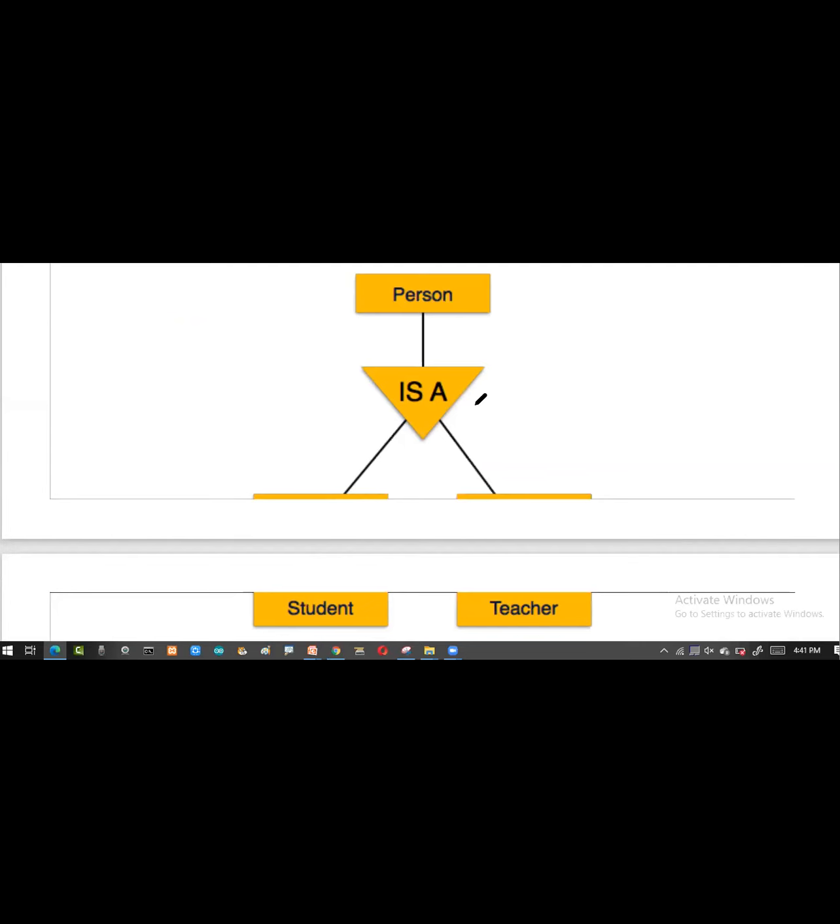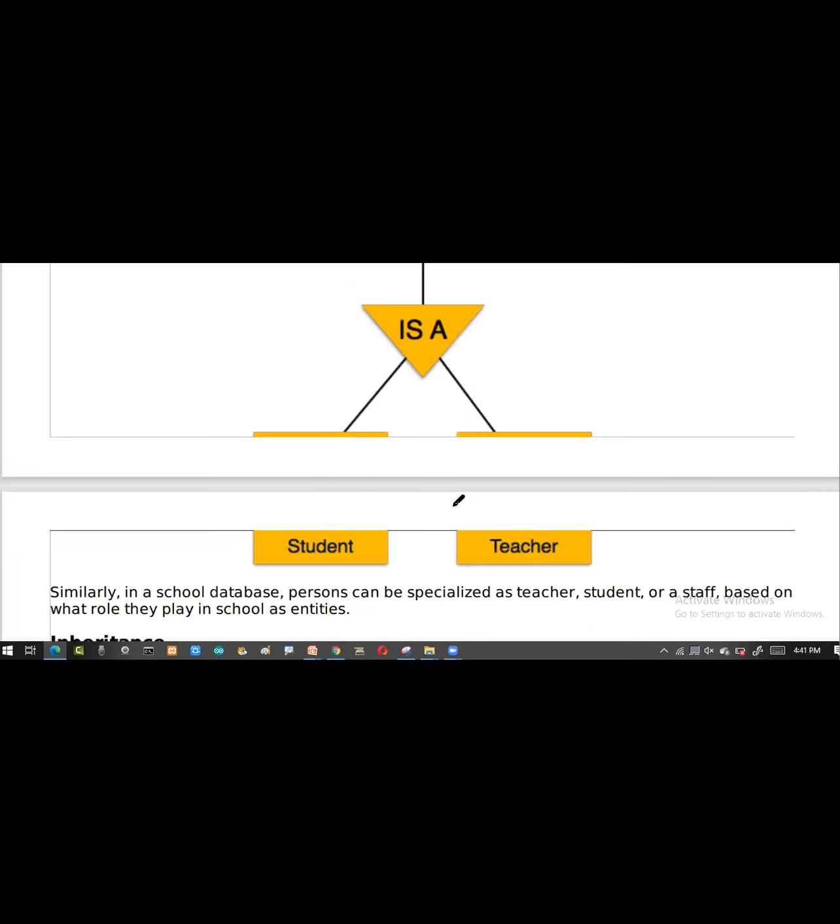Right? Yeah. So here you will find the person. From the person, I'm trying to distribute that he is a student and he is a teacher. So I'm saying these are two different entities. This is also an entity, this is also an entity.